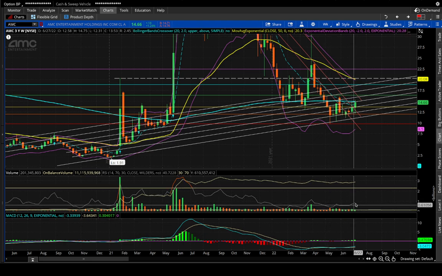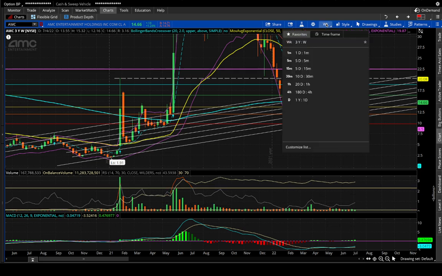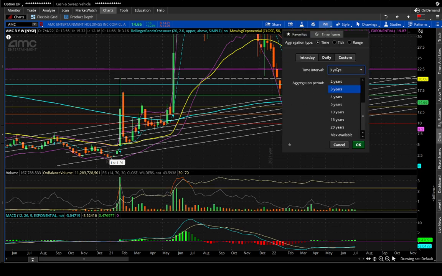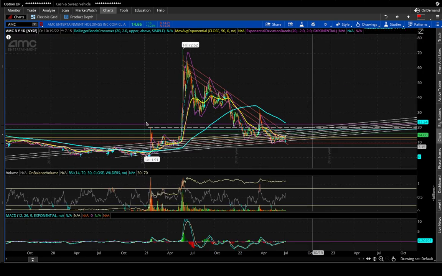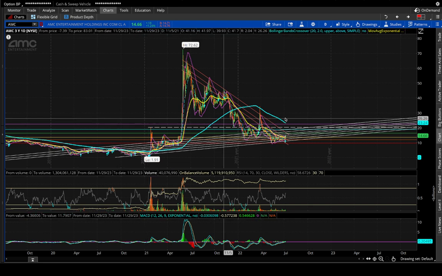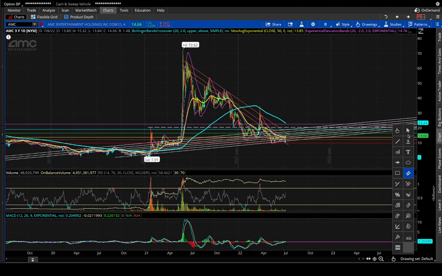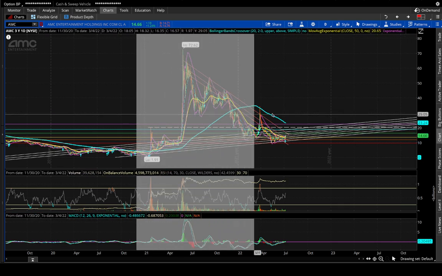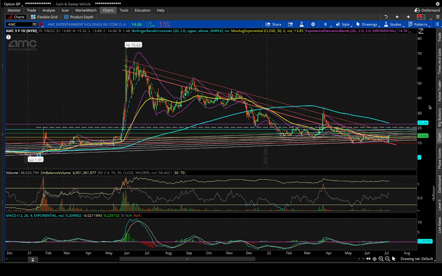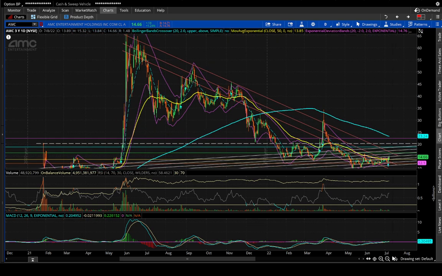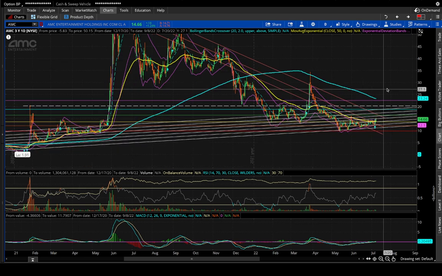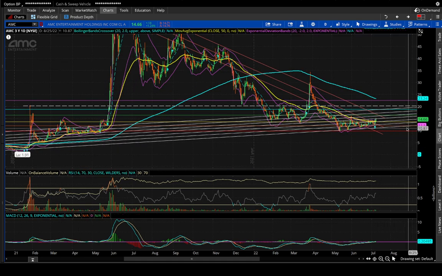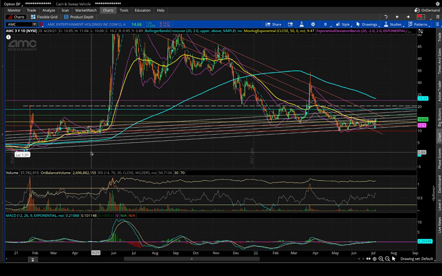RSI is still relatively low on the weekly, but we will get into the daily here and break that down a little bit more, because a big key factor took place on the daily last week. I know some people in the Discord were talking about this, and I hit on it in my live stream as well on Thursday. But what occurred here is extremely bullish in my opinion, because we haven't really got to cross over this line in quite some time, literally since pre-34 run.